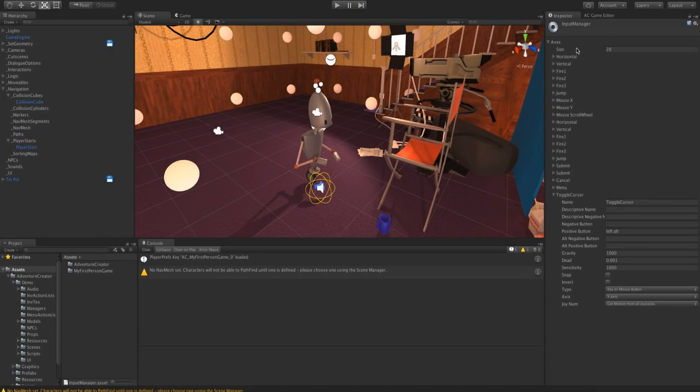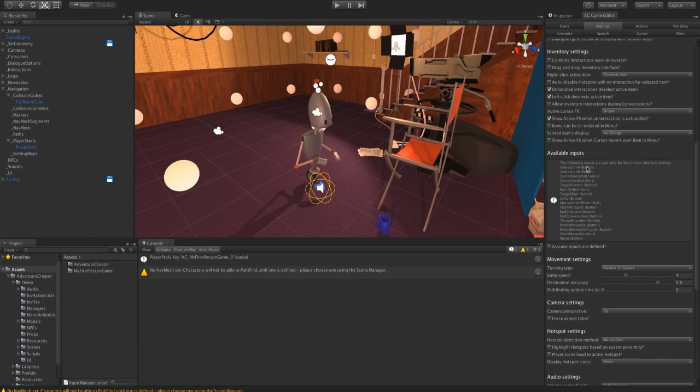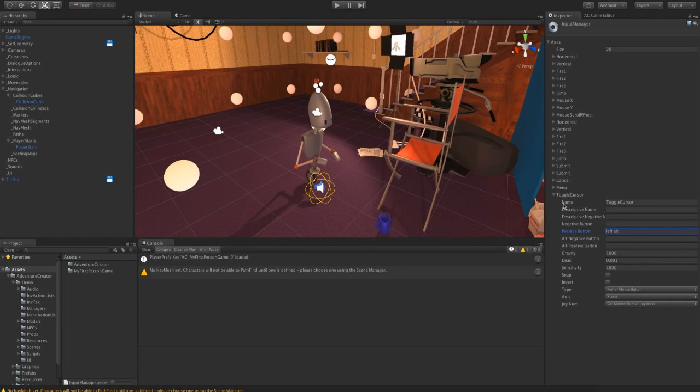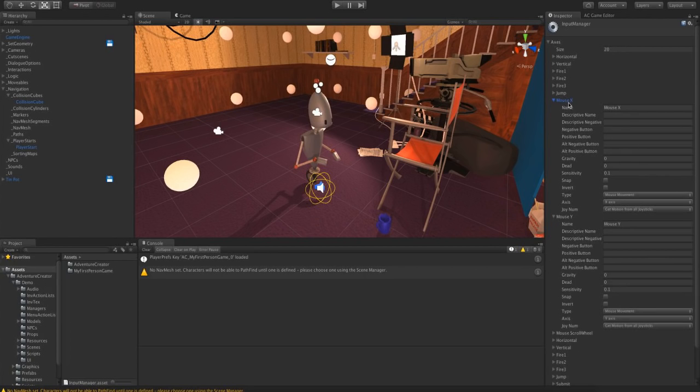What we're missing, if we go back to this available inputs list, is a cursor horizontal and a cursor vertical axis. And again, that's done within the input manager. Now these axes are basically just renames of Unity's mouse X and mouse Y inputs.